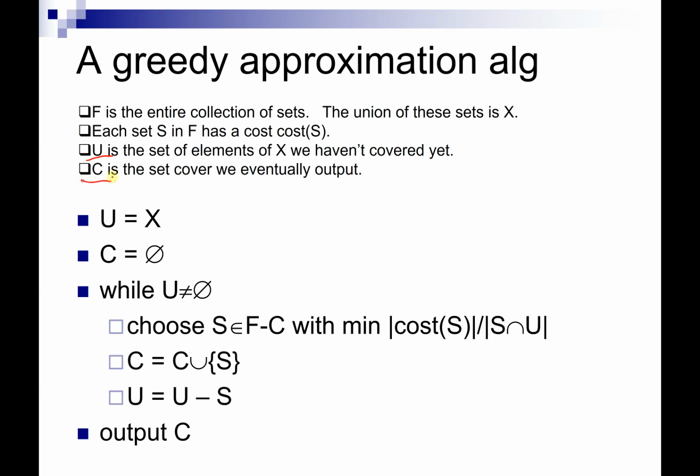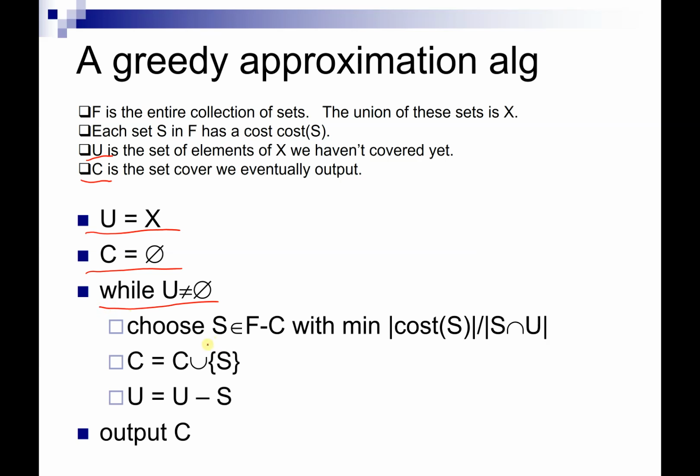And then C here is going to be the set of sets that we select, so it's going to be the cover, the collection of sets that we select to cover all of X. Initially all of the points are uncovered, and we haven't selected any sets yet. Then we run a while loop, while there are still any uncovered elements, so while we have not produced a complete set cover yet,